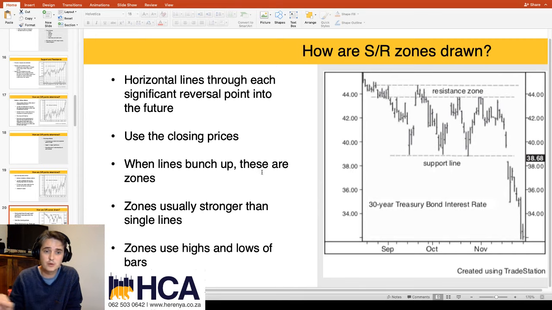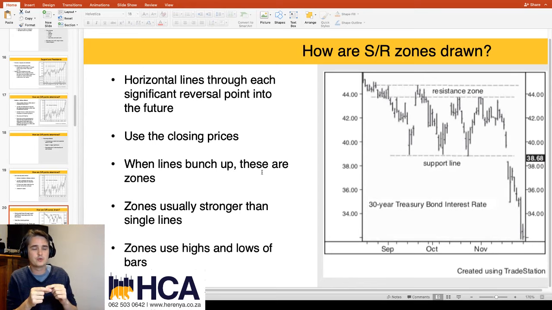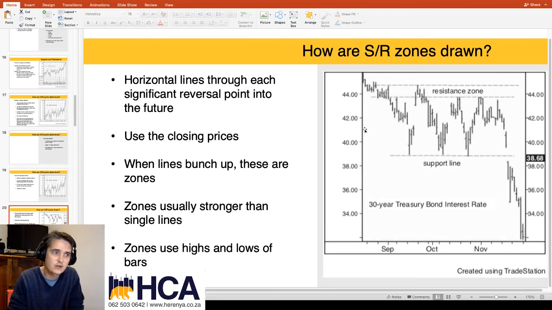You identify the single points, you join them, and you draw a line that projects into the future, and you may draw it projecting into the past as well, so that you can see how significant that is, how many times that support and resistance level has been tested in the past. Now, there's a general rule of thumb saying that the more it is tested, the stronger it is. Some people say it's tested twice, on the third time it breaks. Some people say it's tested 3 times, on the 4th time it breaks. And some people say it's tested 4 times, on the 5th time, and so on to infinity, right? It's tested until it breaks, basically.